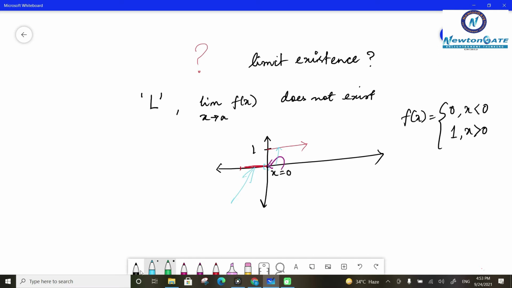Now you might think that okay, 0 and 1 are not that far away. With whatever knowledge we had, yes, it was not far away if we just consider the natural numbers or the integers. But what did I say? I said that L is actually a real number. And we know that on the real number line between 0 and 1, there are infinitely many points present. So 0 and 1 in this case are very far away from each other, and hence we cannot say that the limit exists in this case.